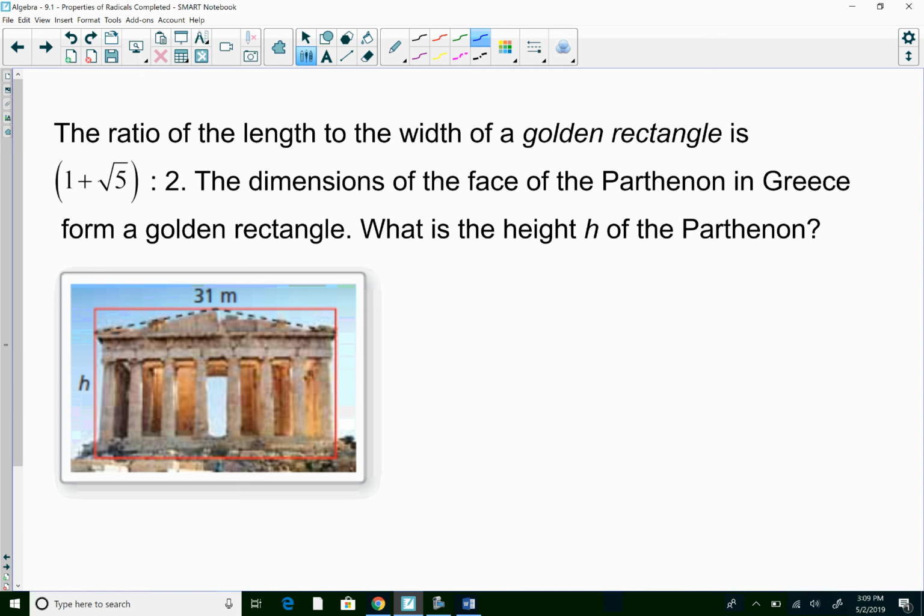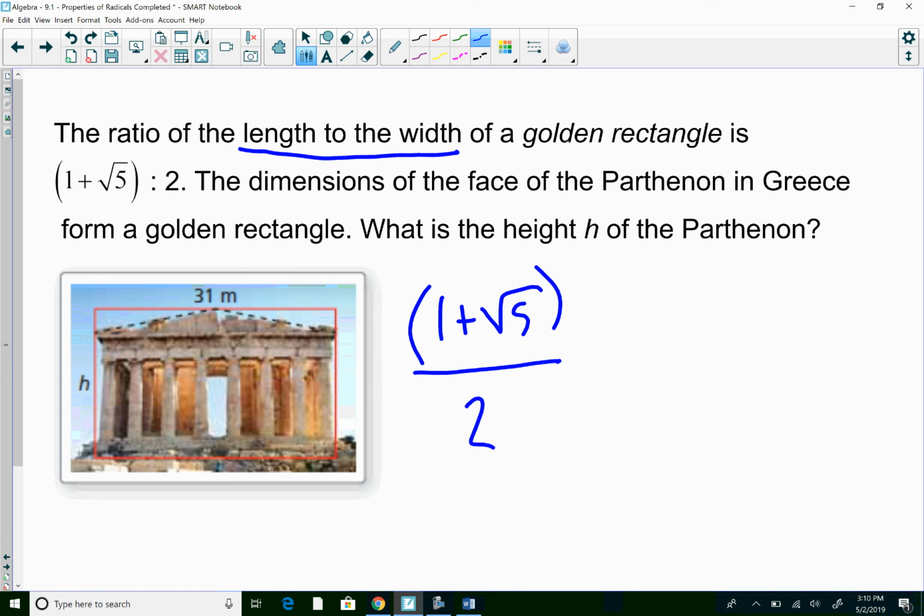This first example that we're looking at, the ratio of the length to width of a golden rectangle is 1 plus root 5 all over 2. So now they give you a picture of the Parthenon in Greece. All of these sides create a golden rectangle, which basically means that it's very, very pleasing to the eye. Like the dimensions are very easy to look at. What they want you to do, so you're missing the height here. They want you to go ahead and figure out, okay, what is the height of this